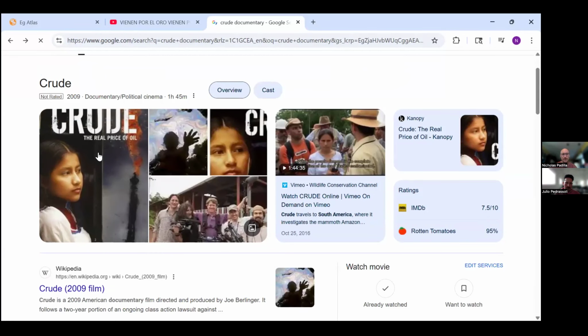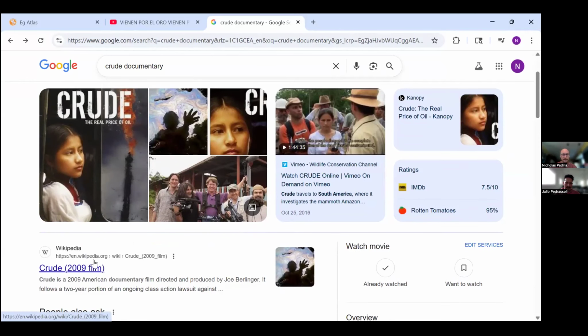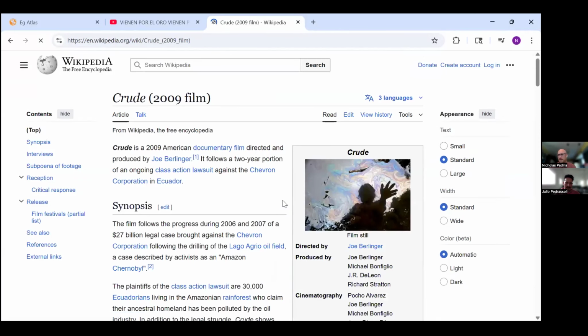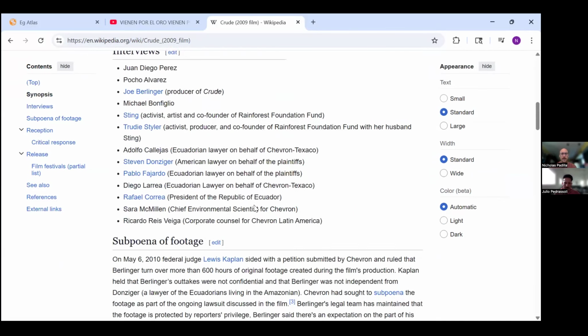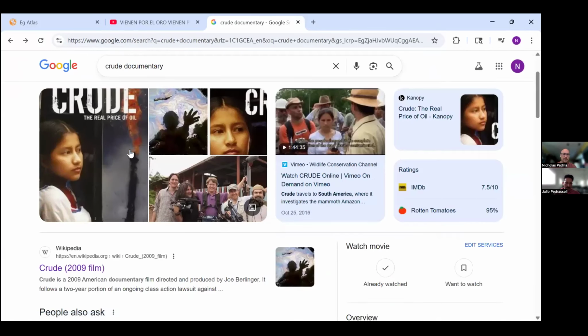This is the one, The Real Price of Oil, the story here that's looking at that. And it's an awful story, but it's also a familiar story of what happens when petroleum exploitation takes over these areas. So the students will watch this movie, and I have them complete a worksheet that's asking them questions about what happened. What are these communities fighting for?